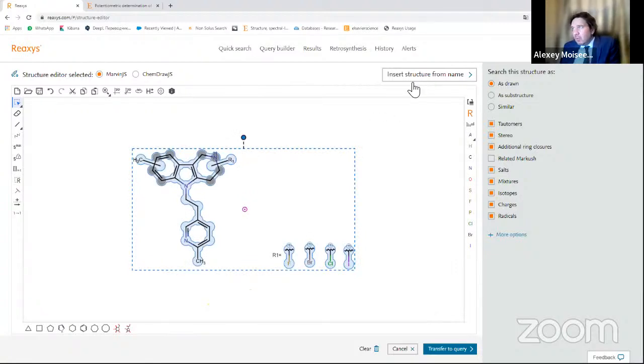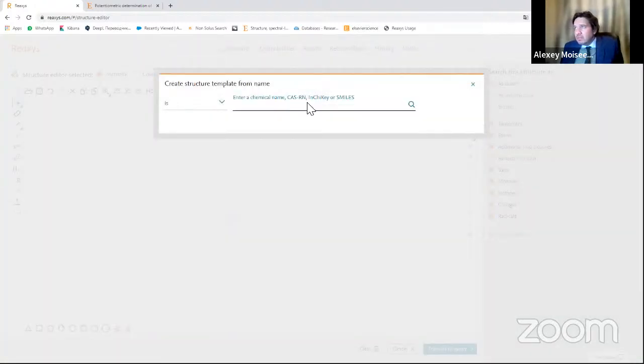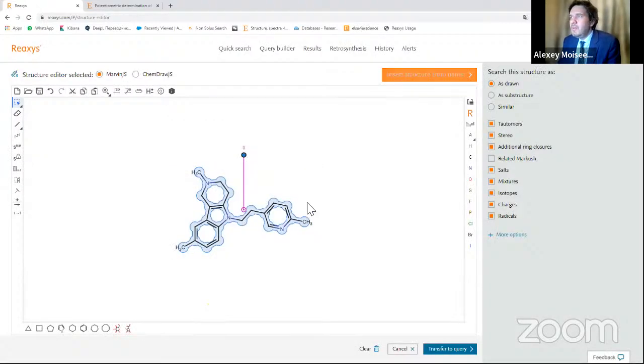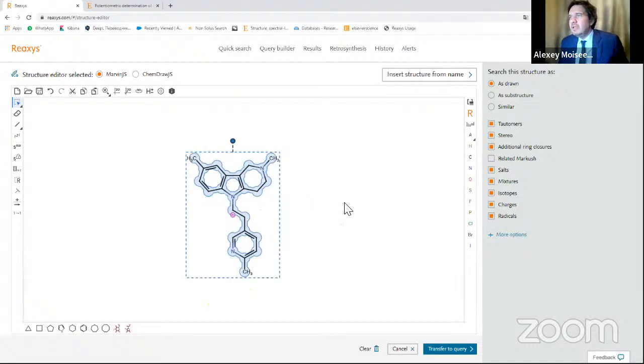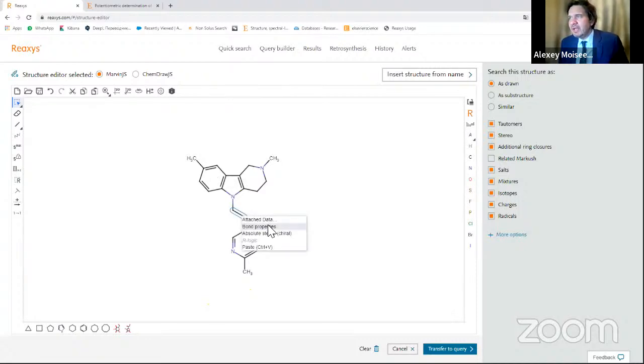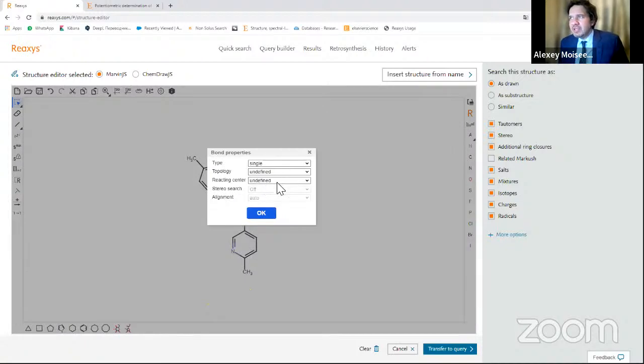Also, what we can do with this substance. We can find, for example, click any bond and say that this bond is a reaction center, and in case of a chemical reaction, it changes or makes or breaks. We can place here, for example, make or break.